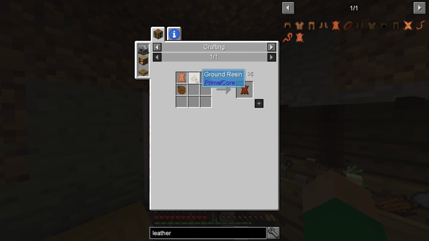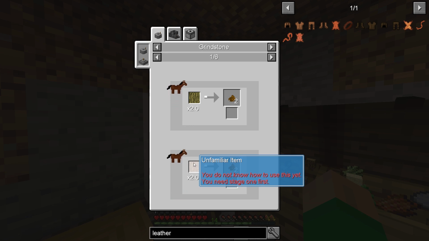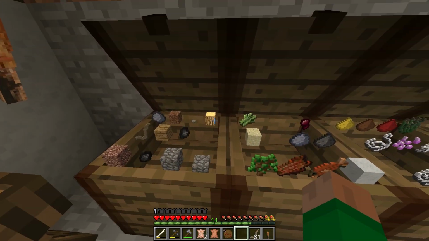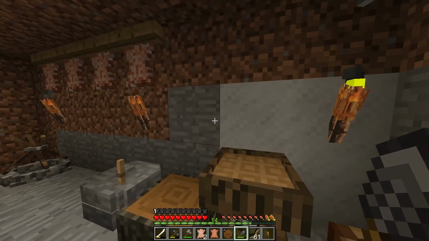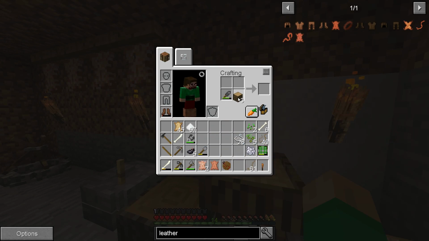So we need a wet tanned hide, which takes ground resin, right? Ground resin we get by grinding. Oh, we don't know how to make bark? We can make bark. So we take some wood and we get our tool. Did I miss? We take our work blade and we put some oak wood here, and that gives us oak bark, and it also gives us this stripped wood, which